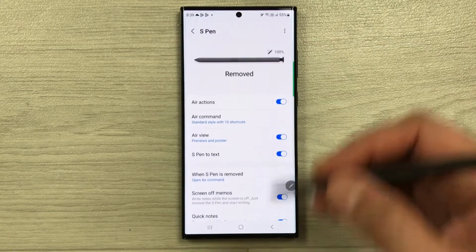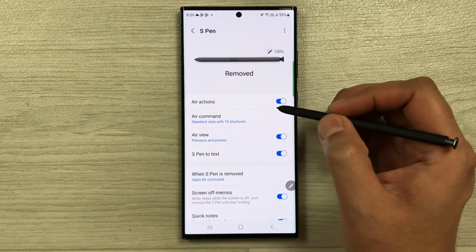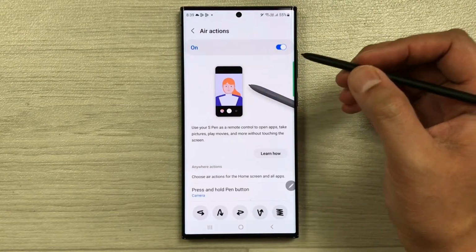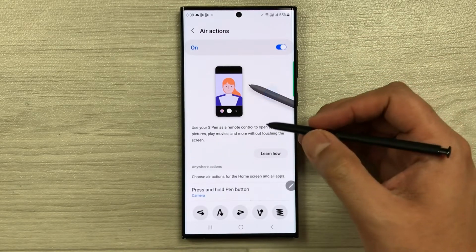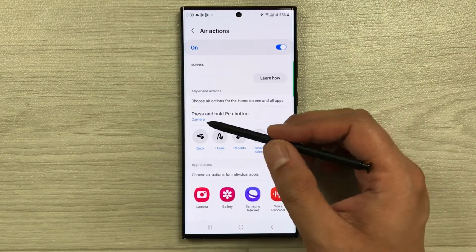Just select it. Once you select it, here you see the very first option is about air actions. Just select it. Now the first thing you have to do is enable it. For example, if it is off, you have to turn it on. And the next thing is, if you scroll down, the very first option over here says